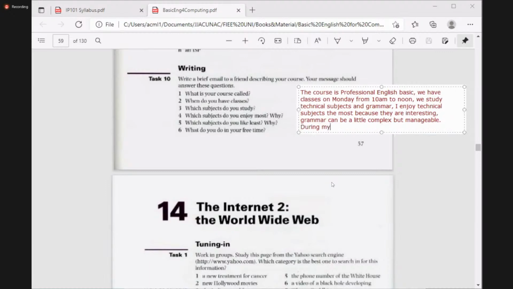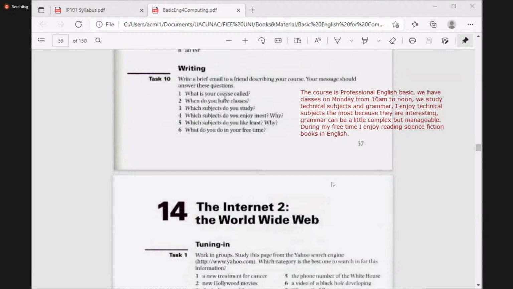During my free time, I enjoy reading, and I don't know, science fiction books in English, for example. So you notice that in this text or in this paragraph, I answer the questions that I had